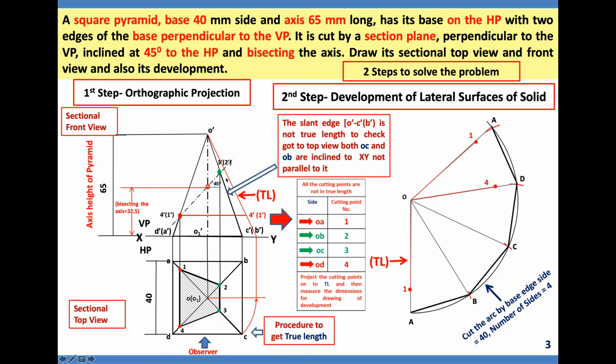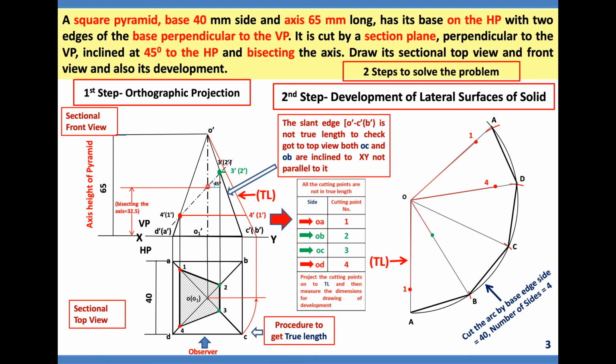You can see here I will place the cursor. A small green horizontal line has been drawn which touches the red line. Then this one will be the new 3 dash 2 dash. Take the compass from O dash, measure the new point dimensions which will give 3 and 2. Where is it? OB and OC. Mark it on the development.